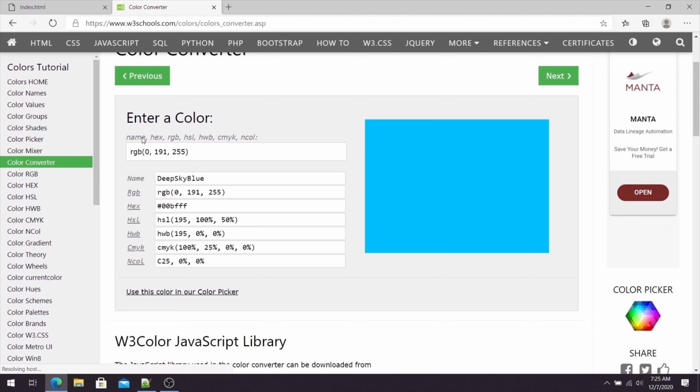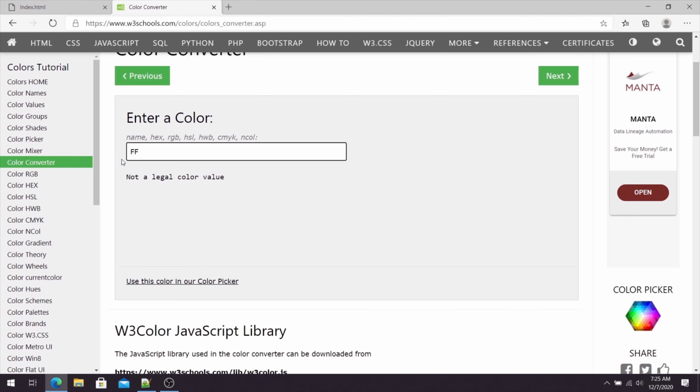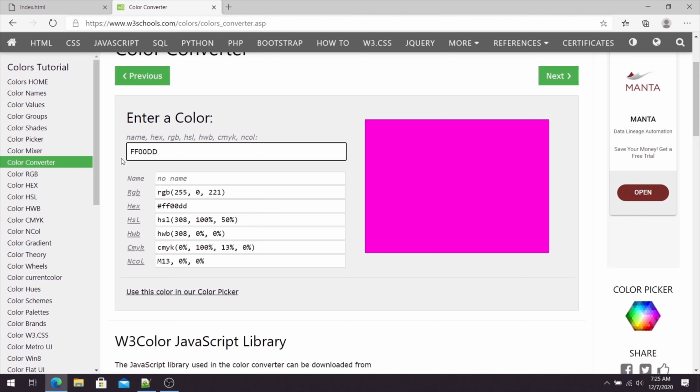For example, predefined, HEX, RGB, HSL, or any other. And you will get all notations for that color. For example, if you type a hexadecimal color value, down here you will get RGB or HSL or any other color notation. If we click down here on this link,